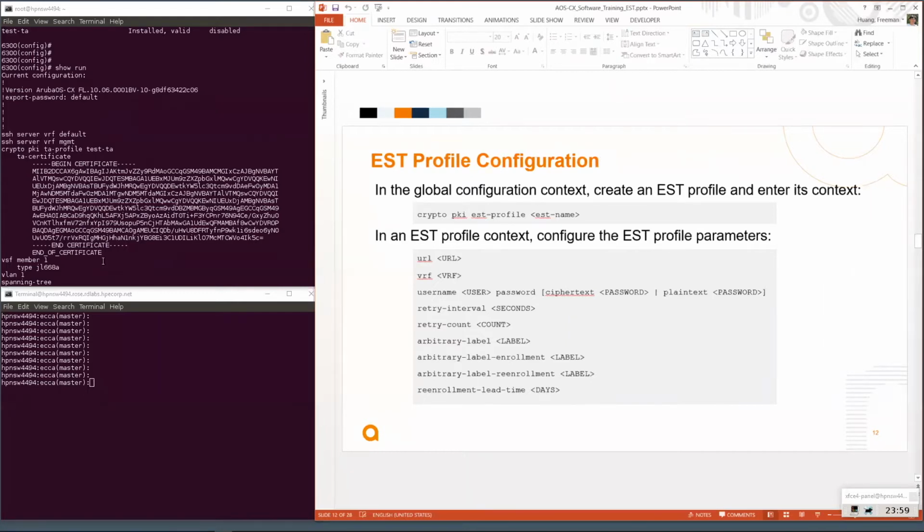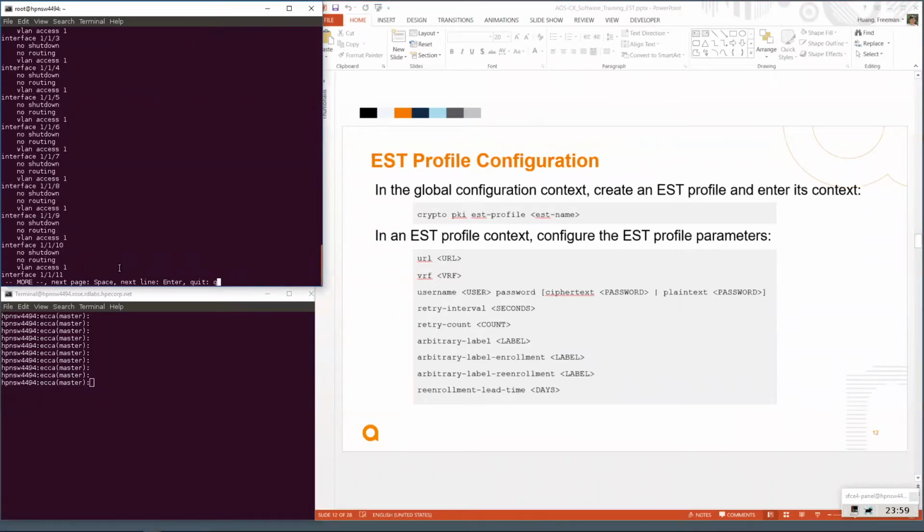I'm going to show you how to do that on the real switch. So it's crypto PKI EST profile. Let's give it a profile name. Let's say test EST,